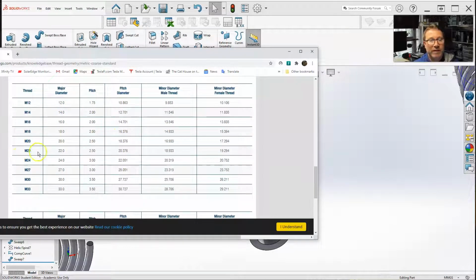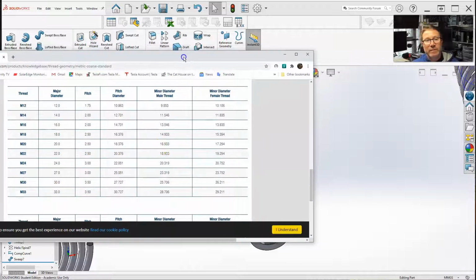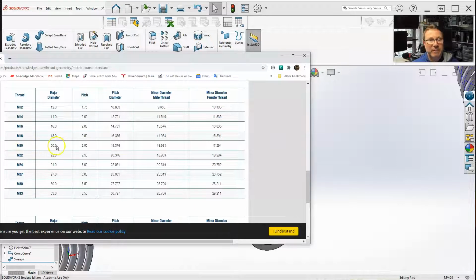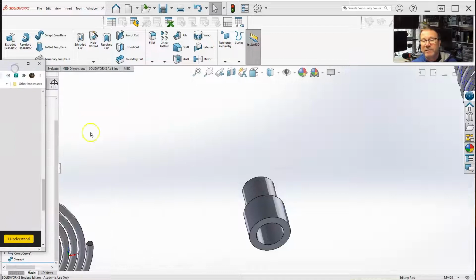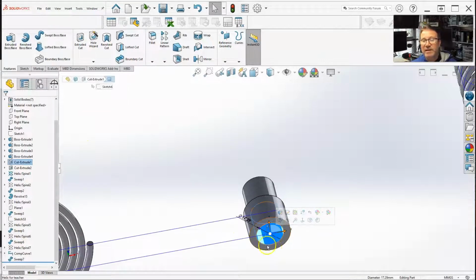go down to a chart, and for the external, your thread M20, your major diameter, of course, can be 20. So whatever size thread or screw you're going for, M20, M18, M14, just pick that as your cylindrical outer diameter. When you're drilling holes into something, I usually take the minor diameter. So for M20, come over here. The minor diameter would be 17.294. So 17.294 will be the inside that I'm going to cut out,